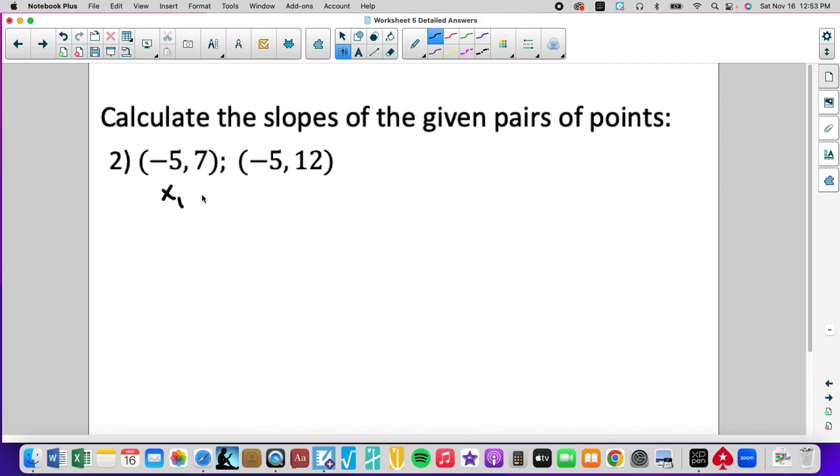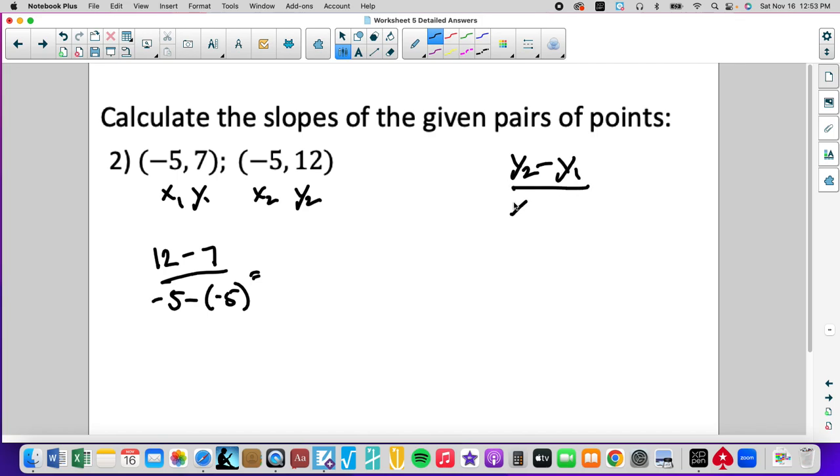So we again, x sub 1, y sub 1, x sub 2, y sub 2. My y sub 2 value is 12 minus my y sub 1. Then I have -5 minus my x sub 1. This is where most students will make their mistake: they will misinterpret this negative in this formula, y sub 2 minus y sub 1, x sub 2 minus x sub 1. They will think that this negative is the negative for the coordinate, which is not the case. 12 minus 7 is 5, and 5 minus 5 is positive 5, so that gives us 0, and this is,